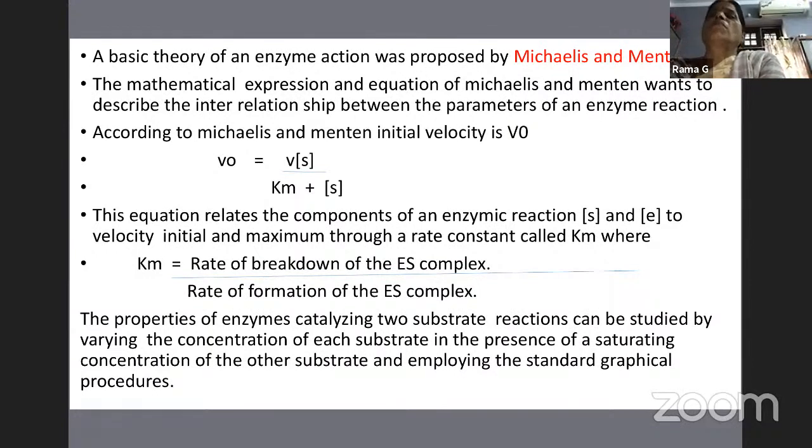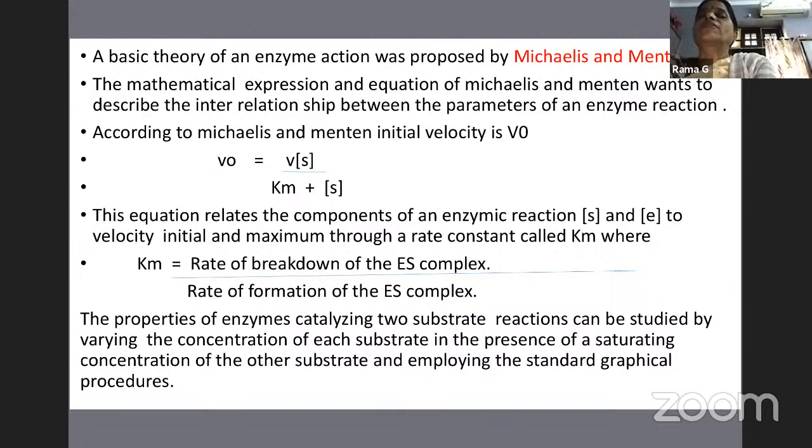The mathematical expression and equation of Michaelis and Menten describes the interrelationship between the parameters of an enzyme reaction. Here, they gave one mathematical equation, that is V0 is equal to Vmax S by Km plus S. This derivation was proposed by the scientists Michaelis and Menten. So they gave a mathematical expression and equation. So according to Michaelis and Menten,